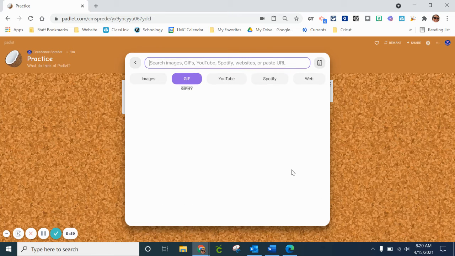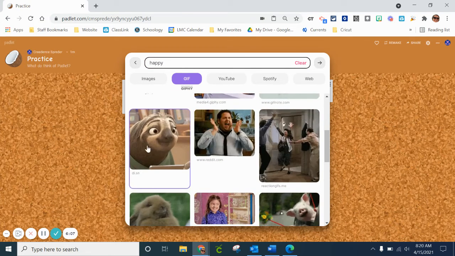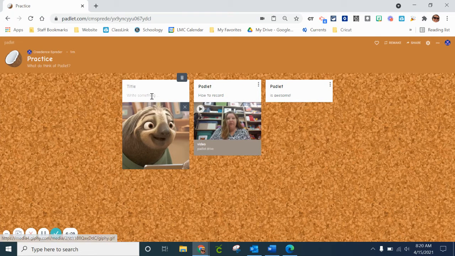So you could click here. You could do a quick SEL check. How are you feeling today? And there's a cute little sloth. And there he is. You could still give a response here. And so